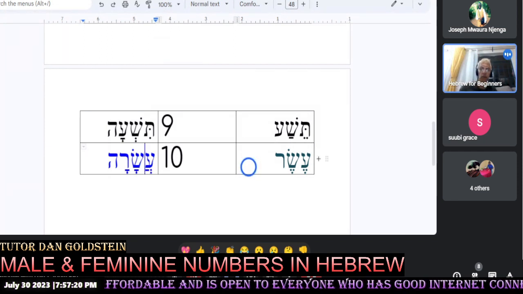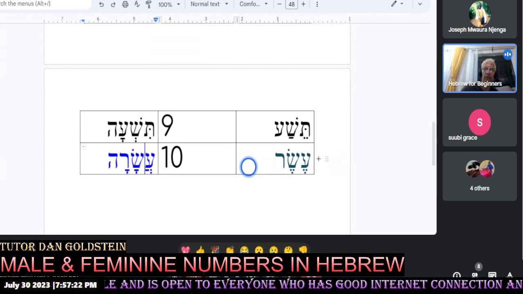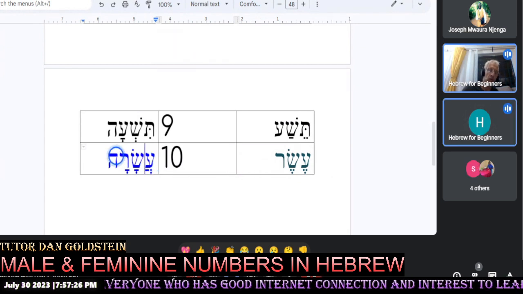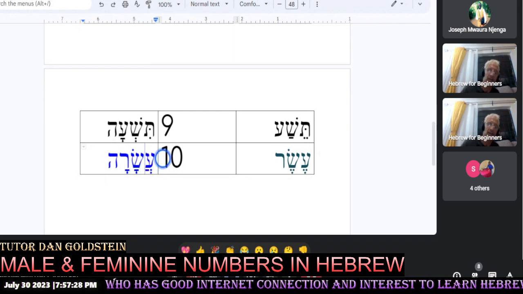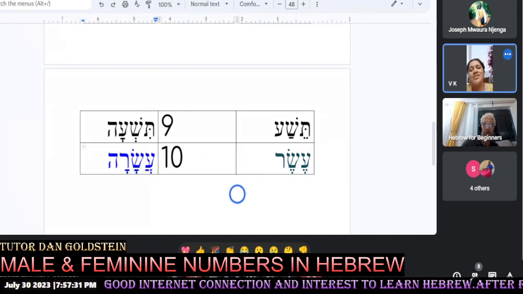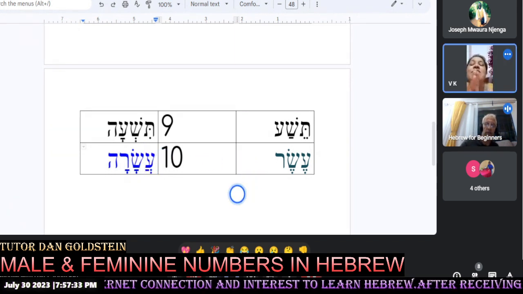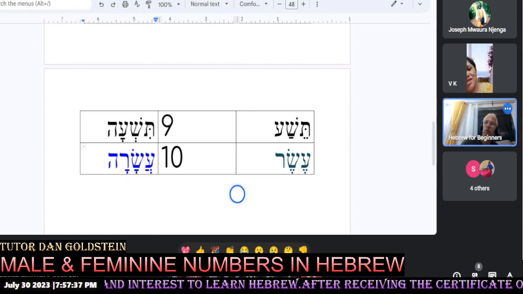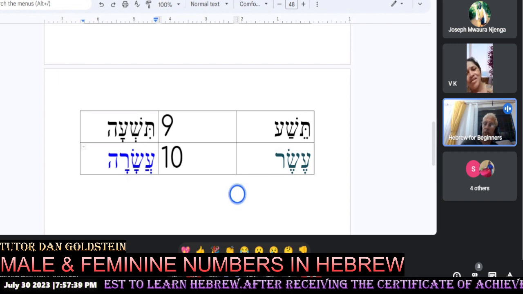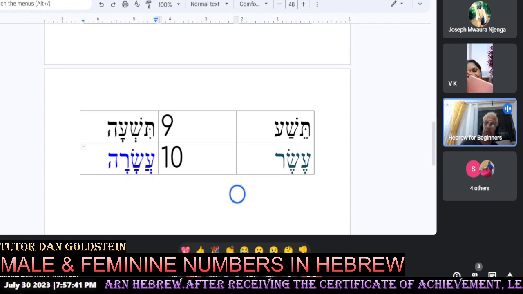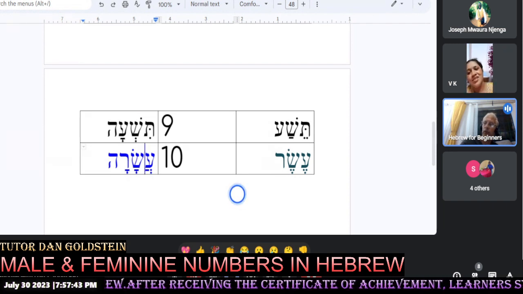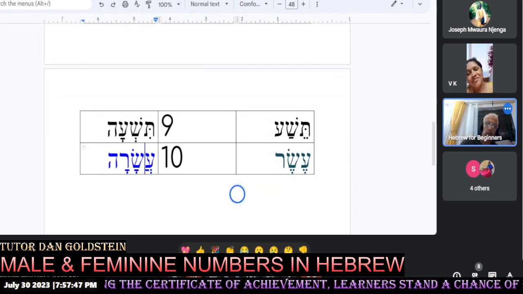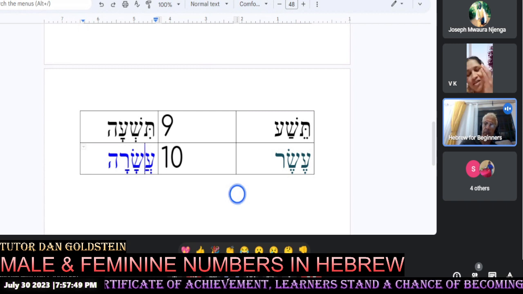You see how we use that chataf patach in there? It drives us through the word. Little confusion between aleph and ayin. I don't know any hard and fast rules for when we use the aleph and when we use the ayin. It's just something that we learn, and over time we develop an instinct for when it's the aleph and when it's the ayin.